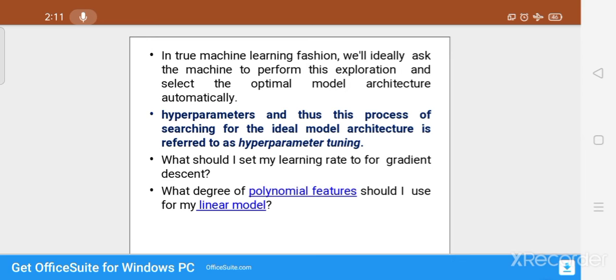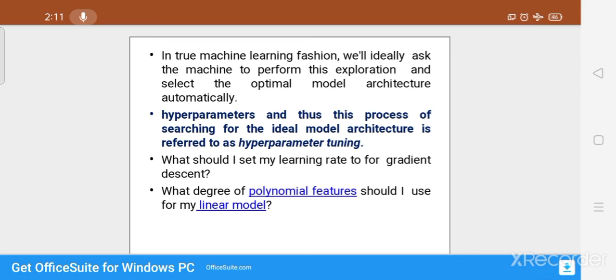This means we have the freedom to choose any type of architecture design, but we don't know at the start which type it should be. And this process of searching for an ideal model architecture is referred to as